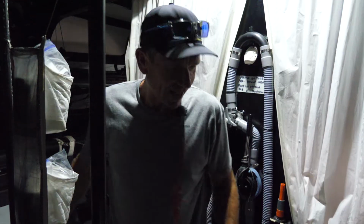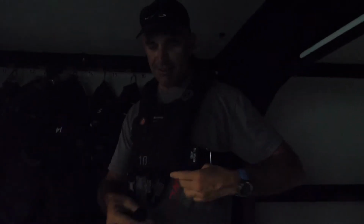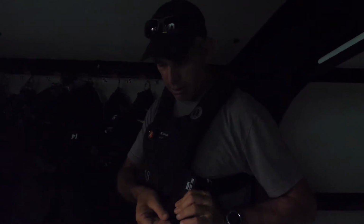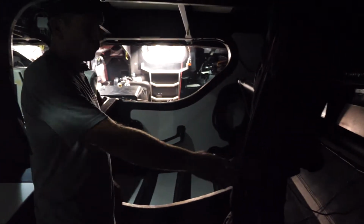So that's the toilet. To your right, you can actually see Stu Bannatyne there trying on his life jacket and his harness. Up here is where we keep all the wet weather gear so that it can drain down into the bilges and then get pumped out. As we make our way aft, other notable things with the boat, on your right is the most forward ballast